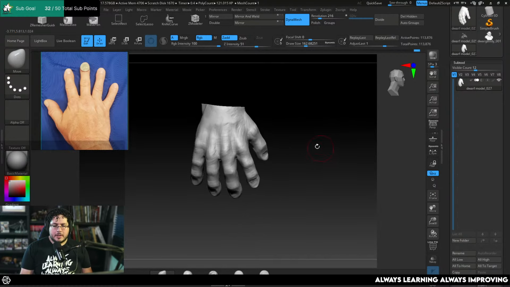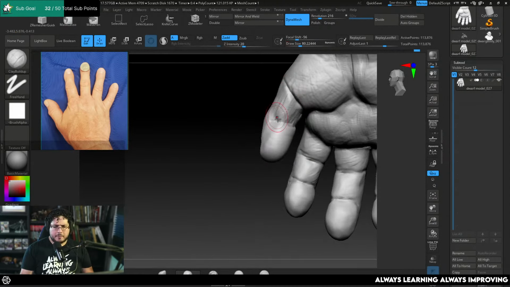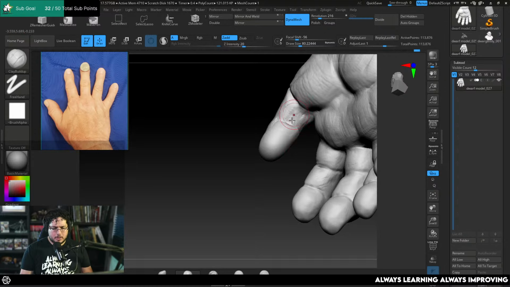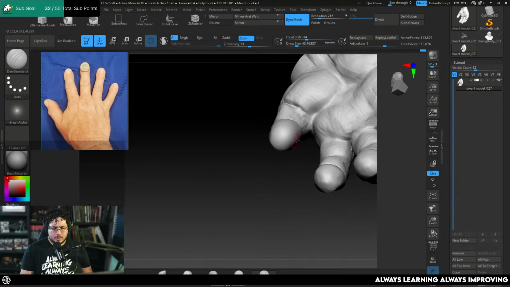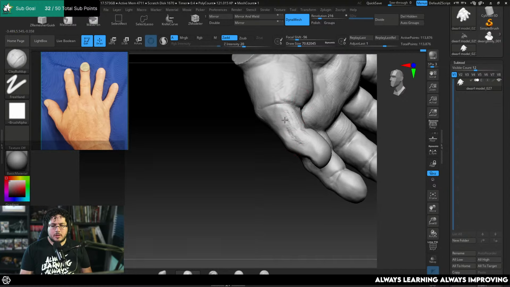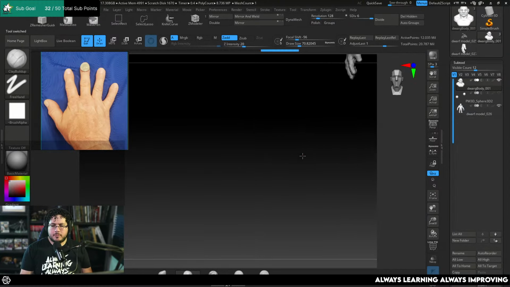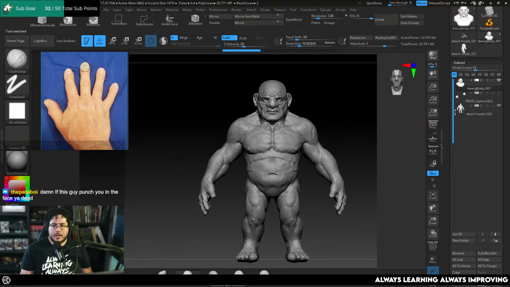There we go. Okay, so I think the hand is looking nice. I mean, we can still, of course, improve it, but I think we do have a nice sort of form. So it's a good moment to bring it back to the body and paste it. Let me show you how we would do that. It's kind of like a surgery. So we need to go back to the body over here. Of course, let's bring the face back. There we go. And then this one right here,